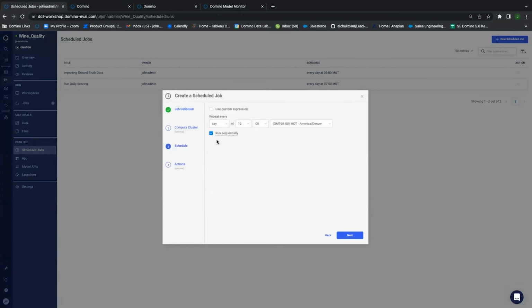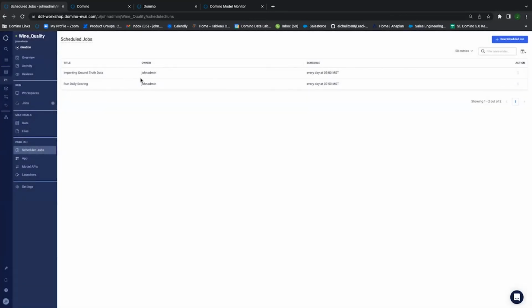Then where it says schedule here, I can set up a job to run based on a certain time frame, or have it run based on a custom expression that I would create instead. Jobs can run sequentially or in parallel, depending on the requirements the job has. And I can have an action come from a job, for example, updating the existing model API endpoint if I need to, and then notifying me or a set of individuals or a group about the outputs of the job itself. And this is how we can schedule them.